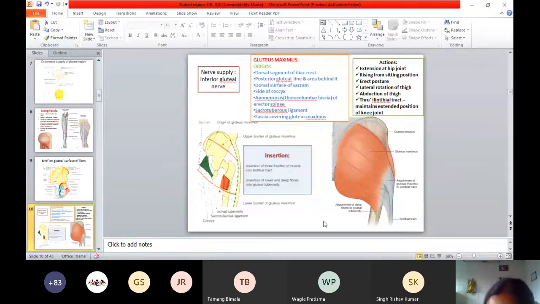Are you following? Confident with the gluteus maximus? It is a very, very important muscle from the spotter point of view, practical, theory, SAQ, MCQ. Can you write short notes on the attachment of the gluteus maximus? Attachment means origin, insertion, action. And what is the nerve supply of the gluteus maximus? The nerve which supplies the gluteus maximus is the inferior gluteal nerve.